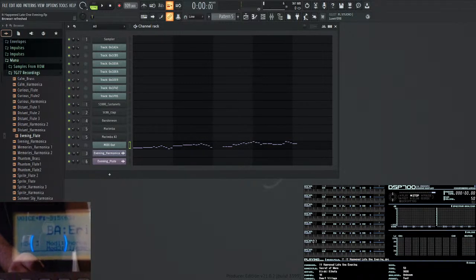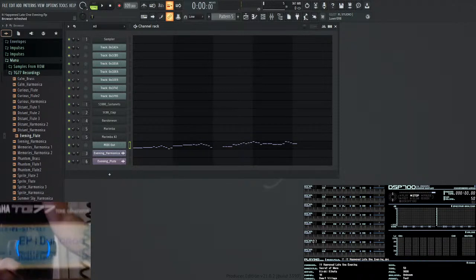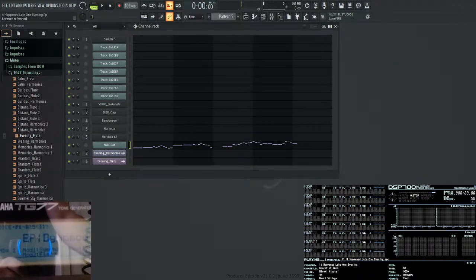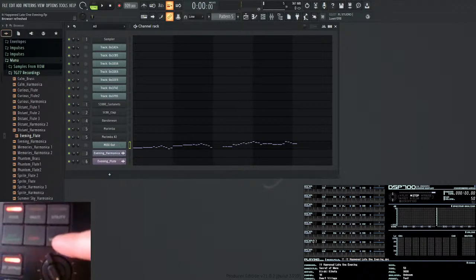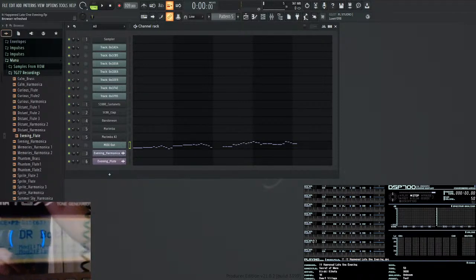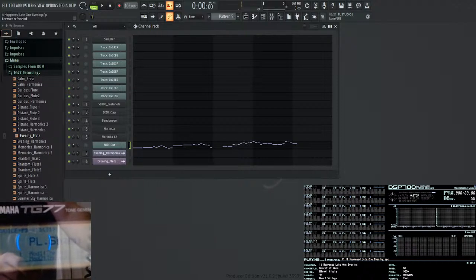So here we have presets 1. Let's see. Did that do anything? No, that's still the same bank. Let me press it again. Ah, see, now we have something different. Drums, a synth lead, pluck, choir, and that's it, really.